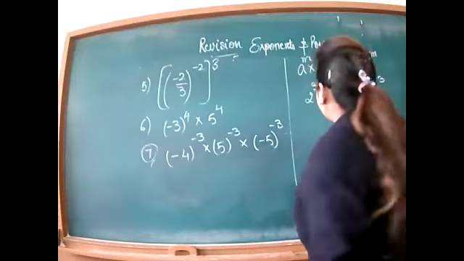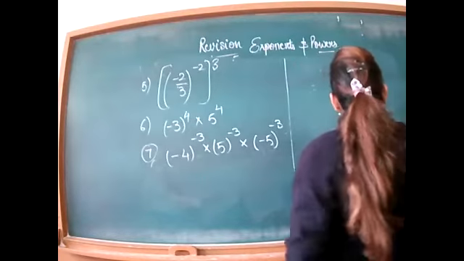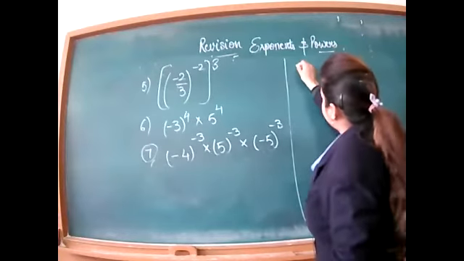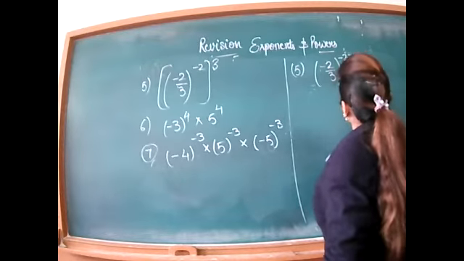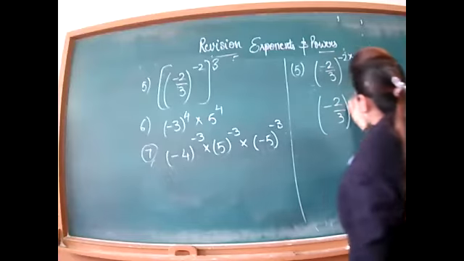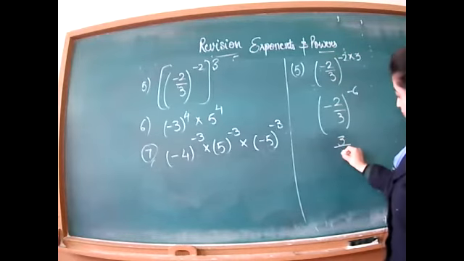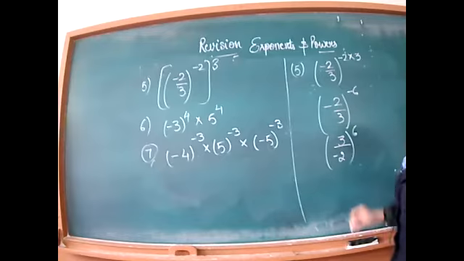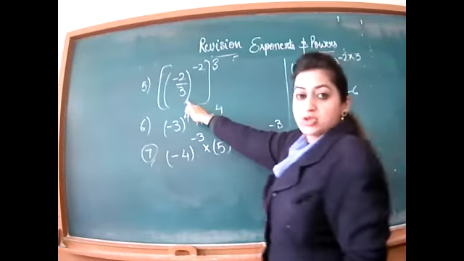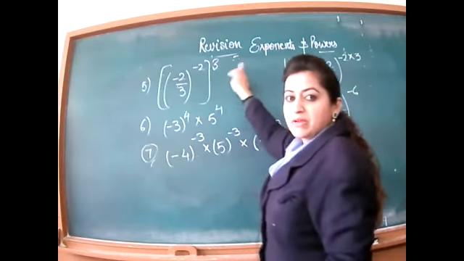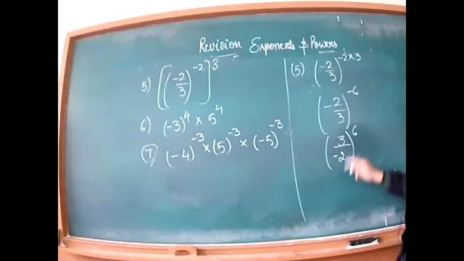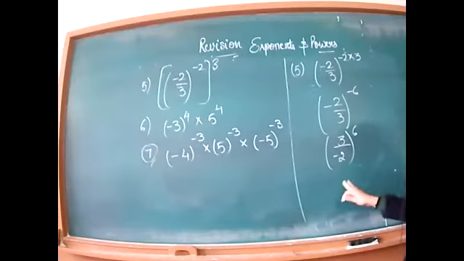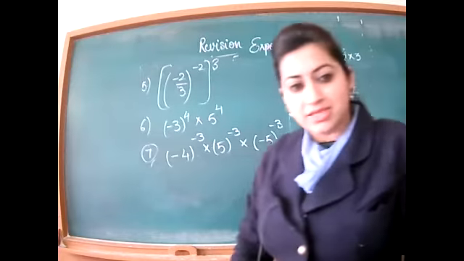Ma'am, a raised to power m whole raised to power n is equal to a raised to power mn. So (-2/3) whole squared, -2 into 3, is equal to (-2/3) raised to power -6. And then we'll take the reciprocal: (3/-2) raised to power 6. Yes, listen, when a raised to power m is raised to power n, the powers will be multiplied. So I have written it in multiplication form, that is -6. The power is negative, so you will take the reciprocal of the base and the power will become positive. So this is the answer. And if the question says simplify, you will multiply it 6 times.